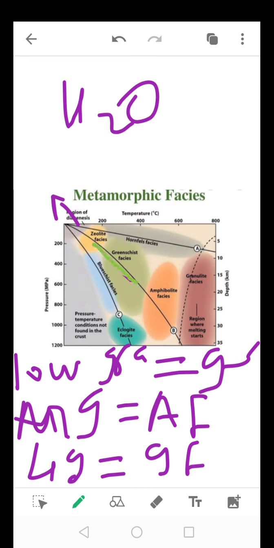From zeolite to granulite, this is a Barrovian type of metamorphism, wherein I told you already that you would have greenschist facies, amphibolite facies, and granulite facies. And in some other instances, you can have prehnite-pumpellyite between zeolite facies and greenschist facies. But when we start to talk about the hornfels,